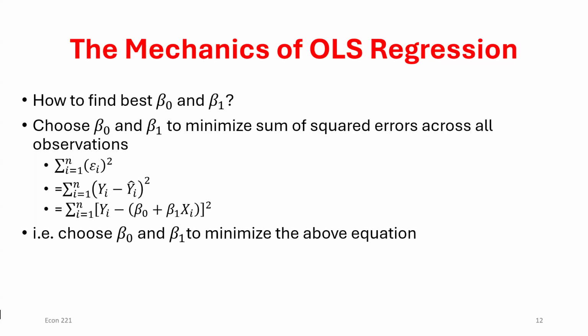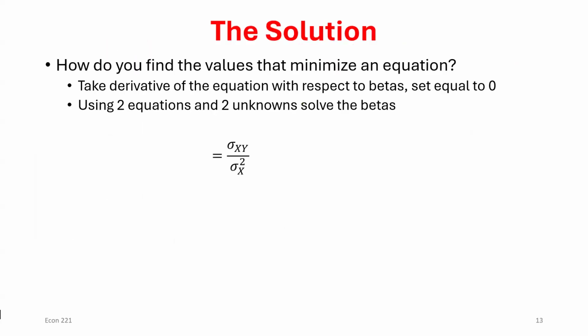We have two things we're choosing here. We're choosing the slope and the intercept, we're choosing the intercept and the slope coefficient, right? So I would take a derivative of this function in respect to both of those things, set it equal to 0, and then solve. I'm not going to waste your time doing the actual derivatives in math, right? It's not overly interesting. But if we do that, we would end up with